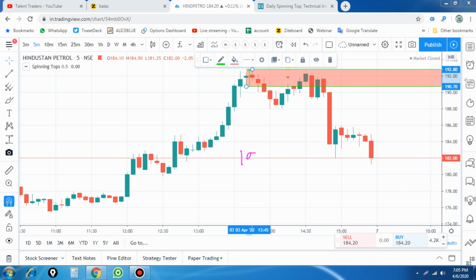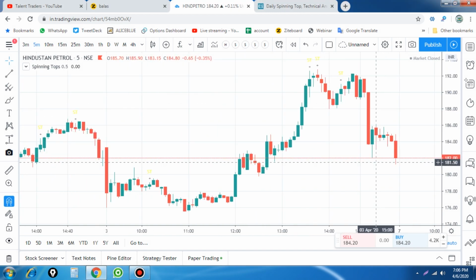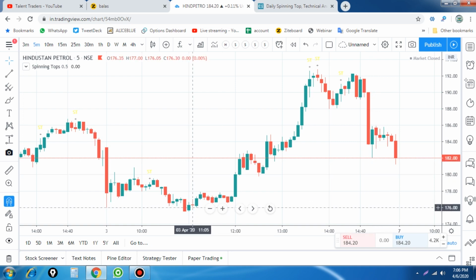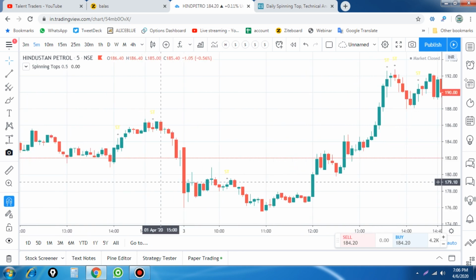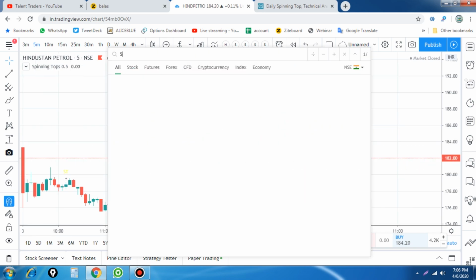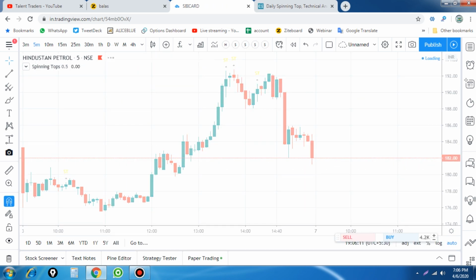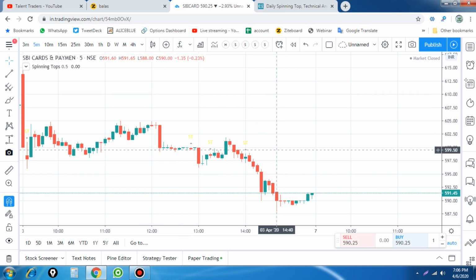190.7 is my sell opportunity with a stop loss of 192.8. Here my trade got triggered and the stop loss was not triggered, and finally the market drops down. You have to find this kind of trade signal which happens at a highest and lowest level, that is very important. Here there are no patterns. Any stock you can take, and even the time frame is not an important thing. When you get a trade opportunity, you can go for that trade.